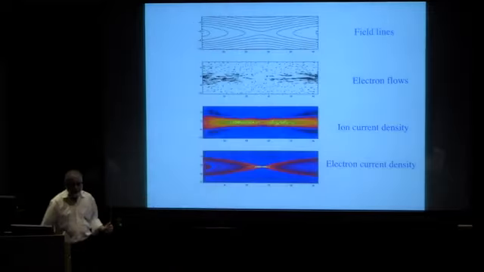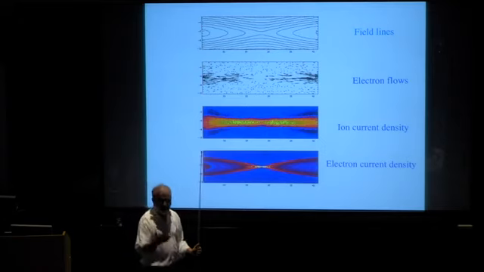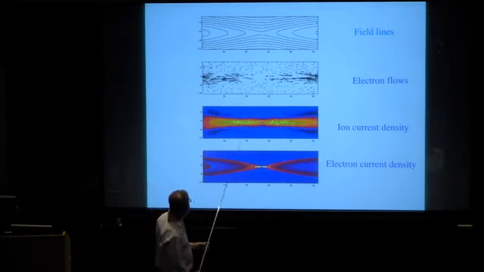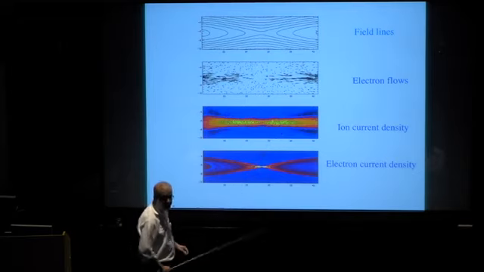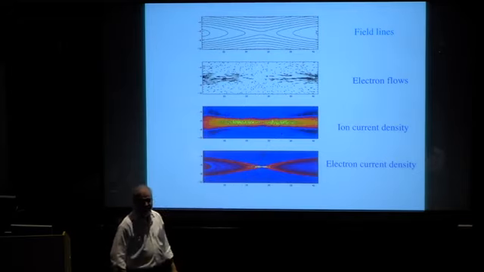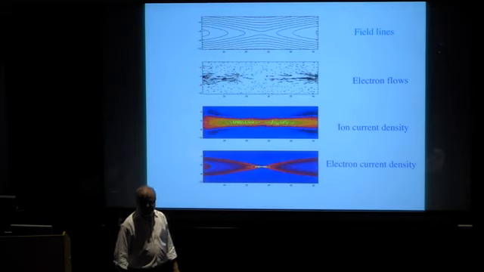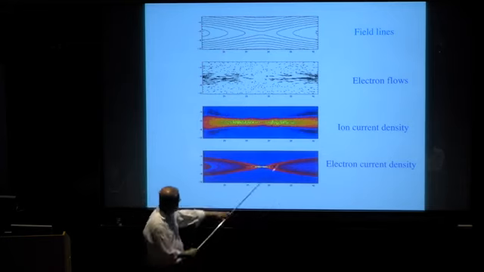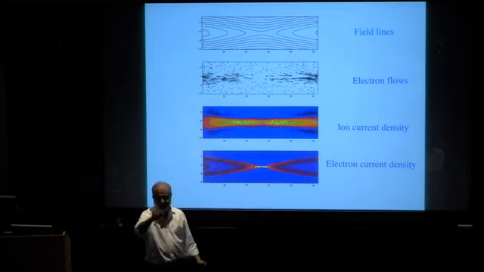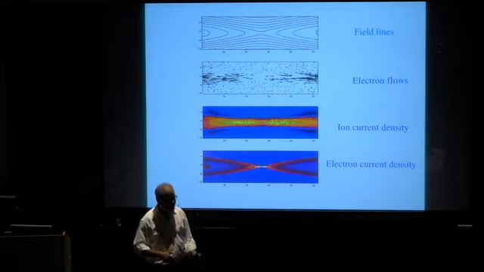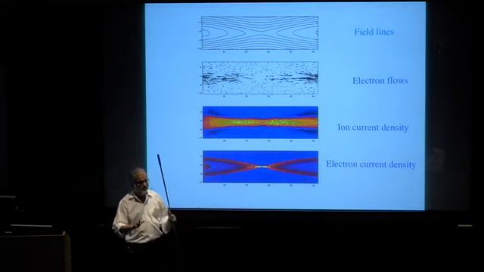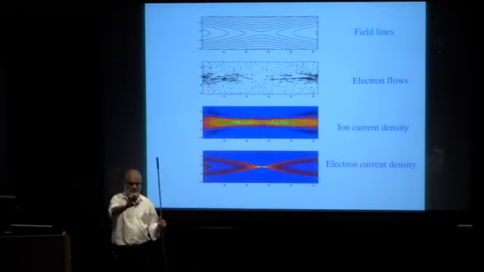And if you run particle-in-cell simulations, we did Hall MHD simulations, but you could run full PIC simulations. Here are the field lines, electron flows, ion current density, electron current density. Look at the scale separation between the electrons and the ions. This current density is calculated by n e v_i, v_i being the ion fluid velocity. What you're really seeing is the separation in scales between ion fluids and electron fluids, which is absent in MHD. They all move together unless they come to the resistive layer.